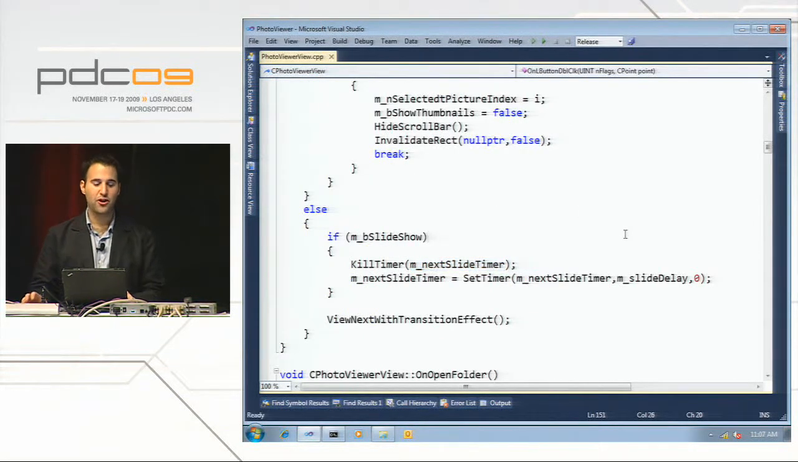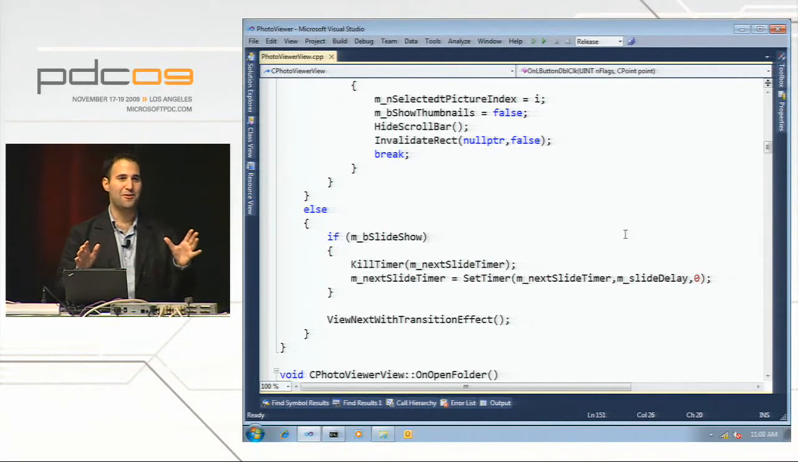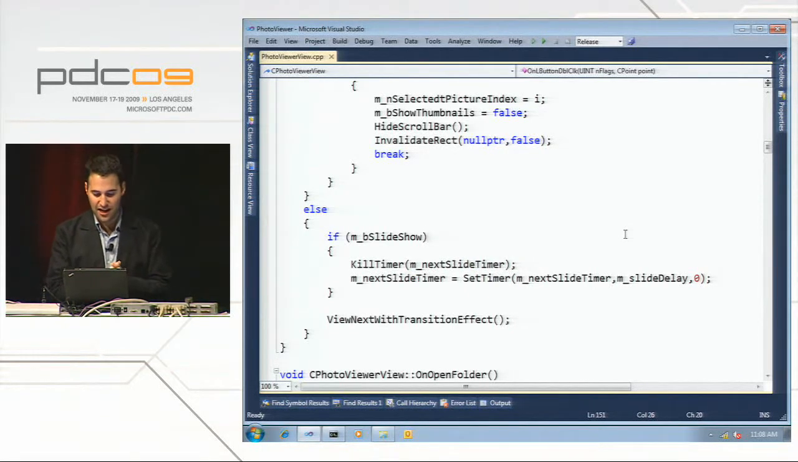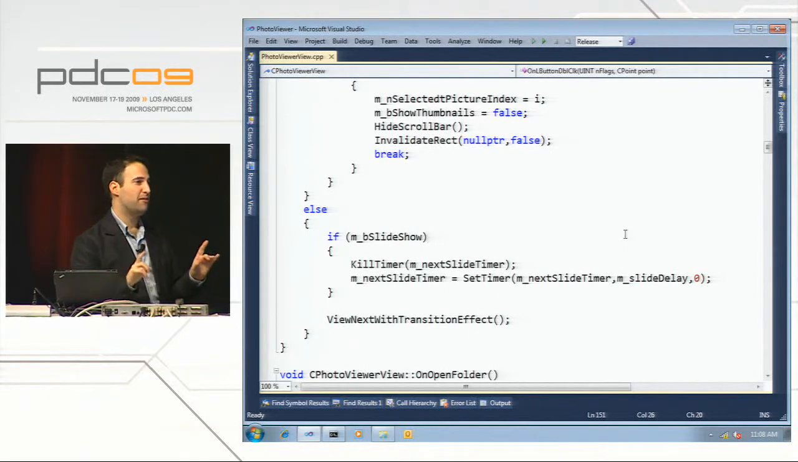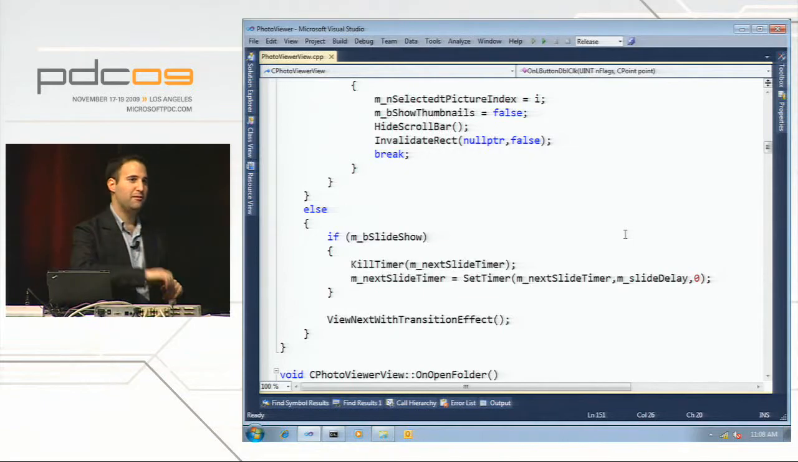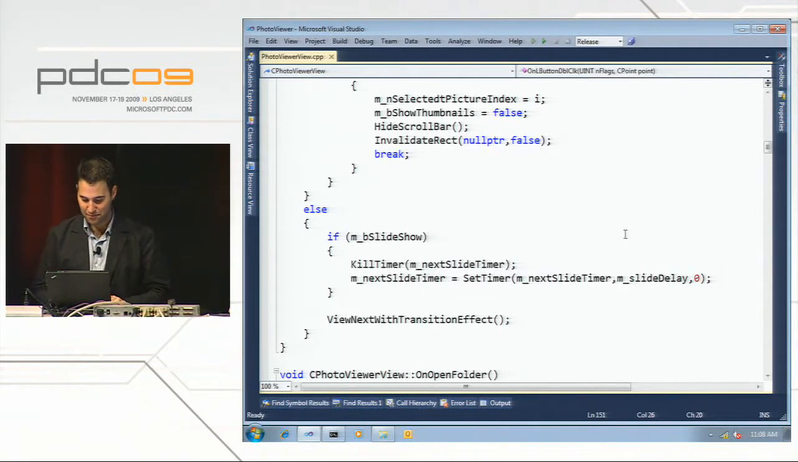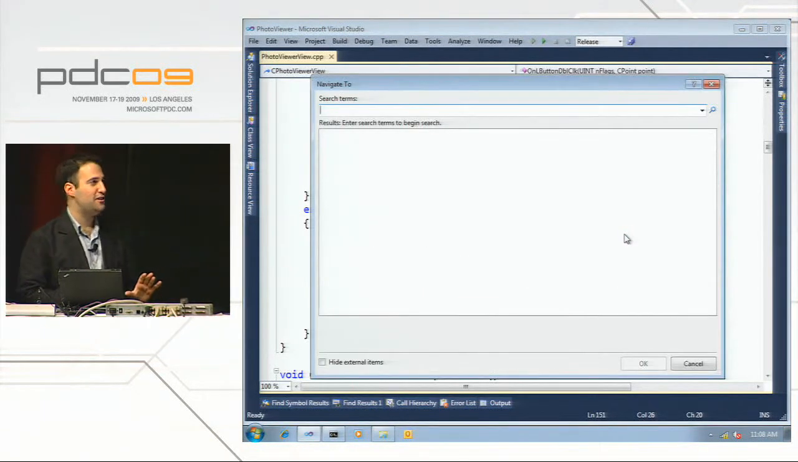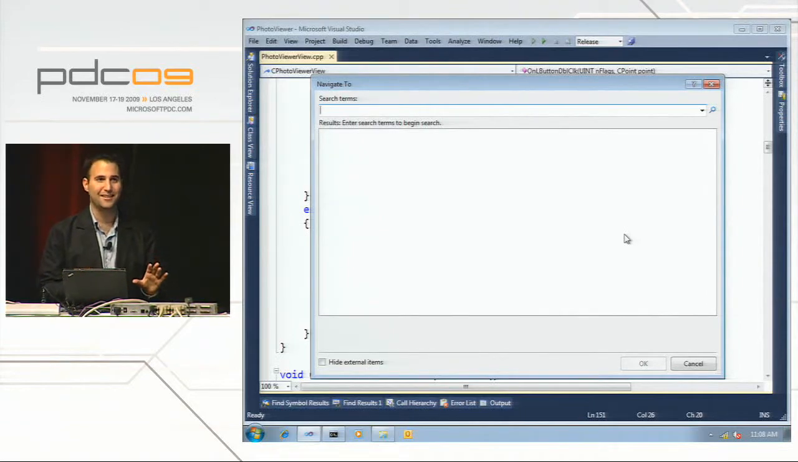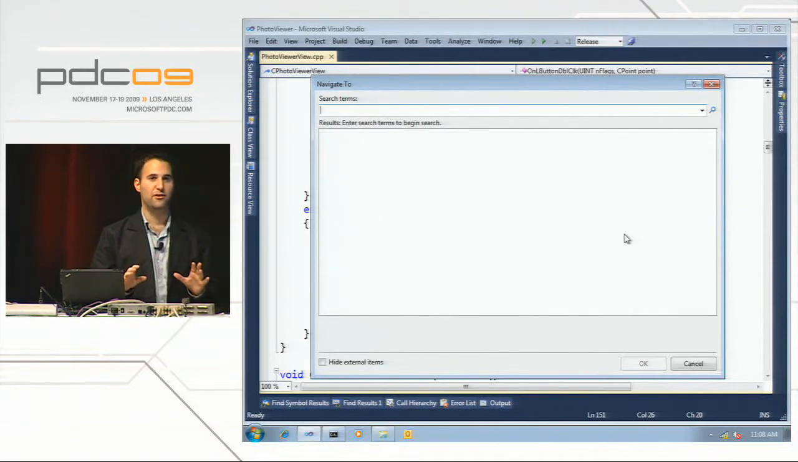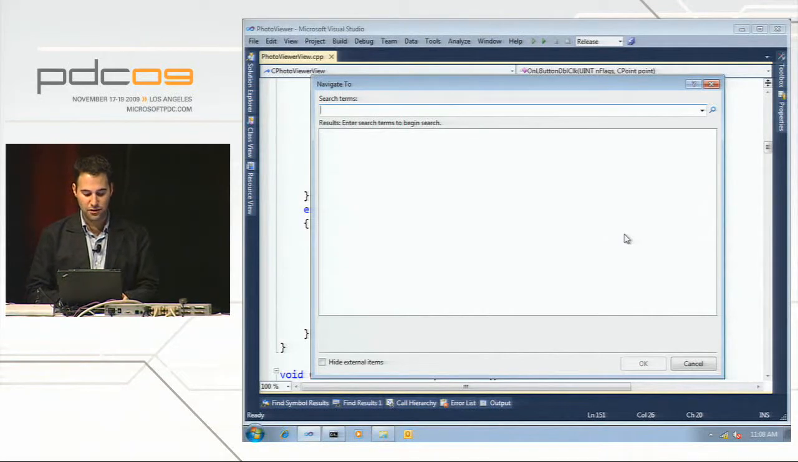OK, so I talked about the rotation code. Let's go and fix the rotation code. As part of that, I'm going to show you by far my favorite feature in the product, primarily because I made it. But it's the ability to navigate to anywhere in your source code at any time, whether it's a file or a symbol. And so I'm going to first jump to our image class to show you,